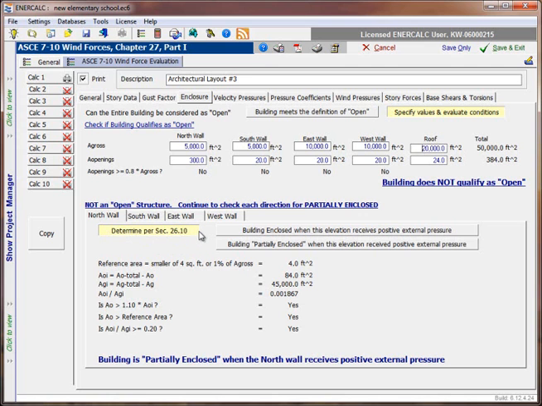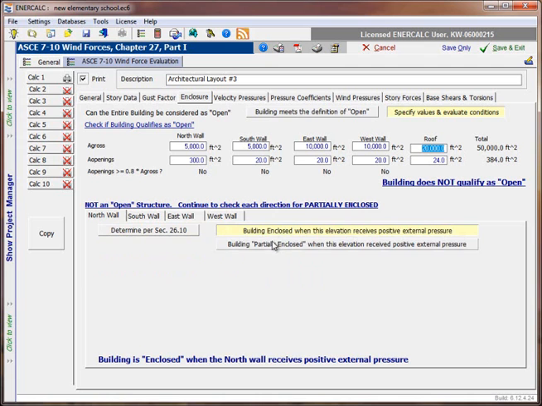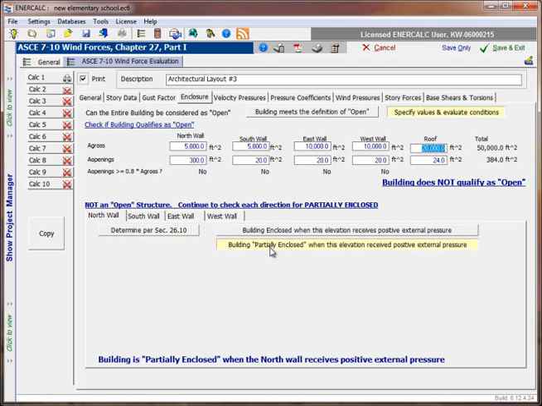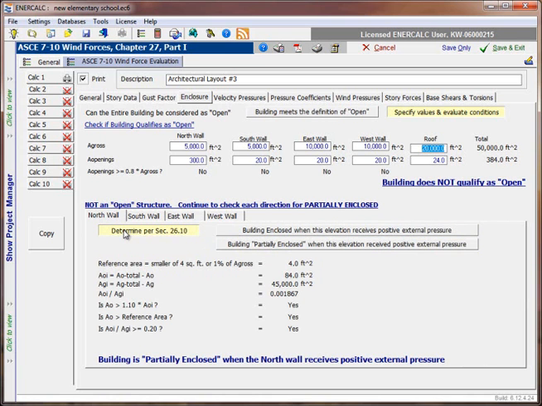Or if I already know something about the building, I can just declare that the building is either enclosed or partially enclosed when this particular elevation receives positive external pressure. So for interest's sake, I'll let the calculations take place. And what I can see is that I've got my calculated values presented here, and then I have my checks for the three different conditions to determine the enclosure situation for each of the elevations,